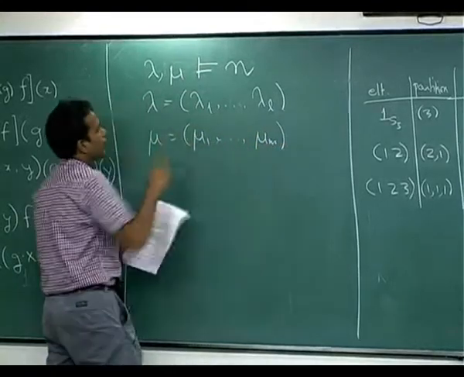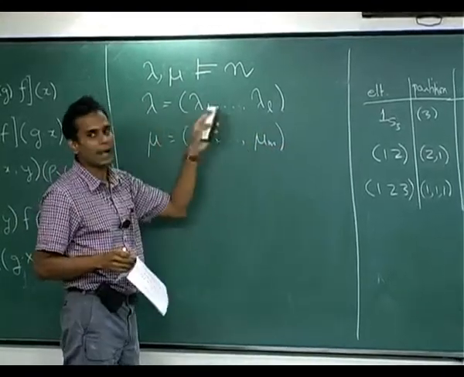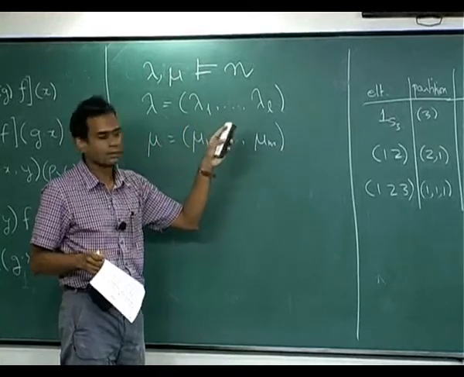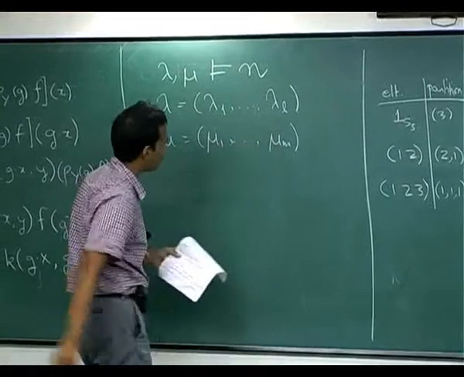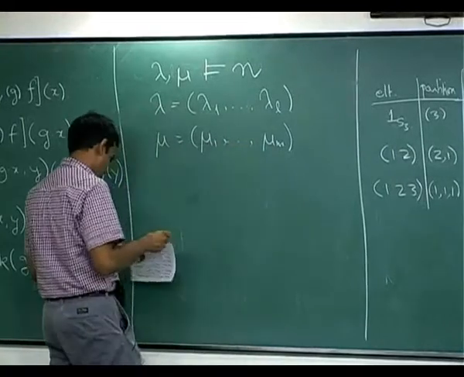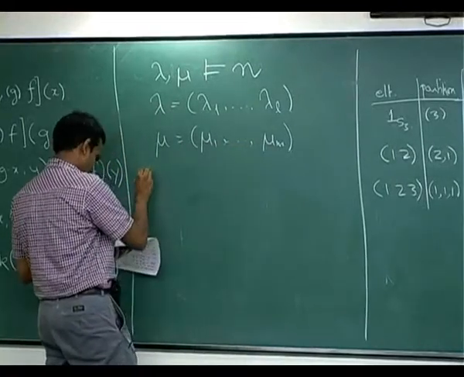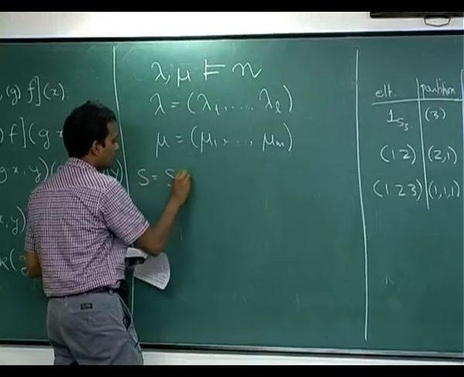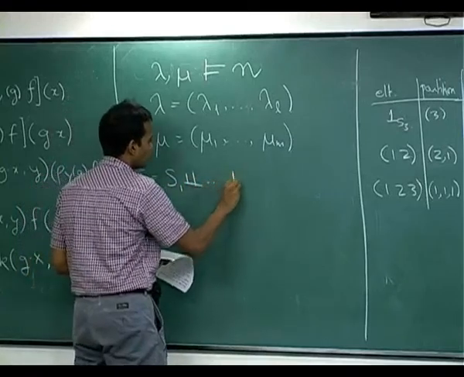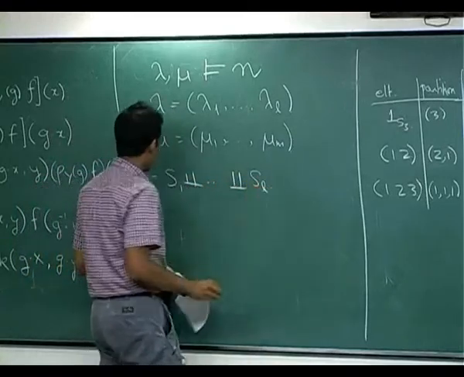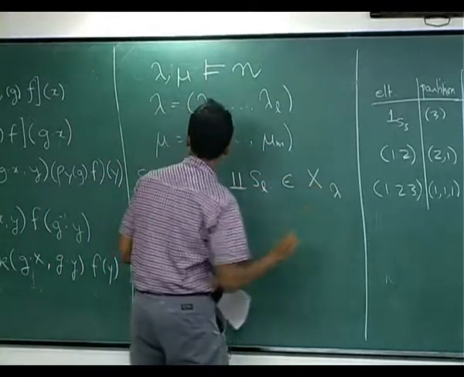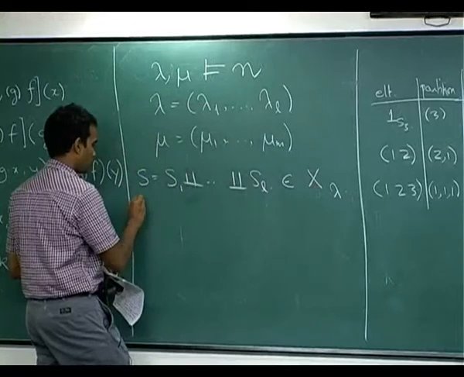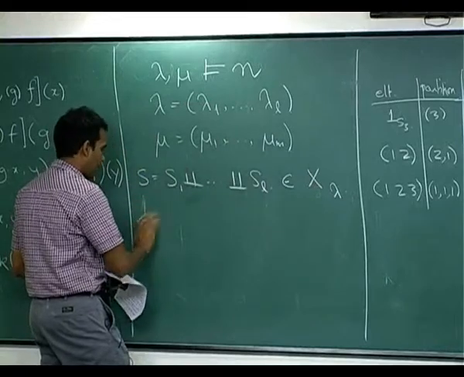And what we know is that these lambdas and these mus add up to n. So lambda 1 plus dot dot dot plus lambda L is n, mu 1 plus dot dot dot plus mu m is n. And let's take S equals S1 disjoint union ... SL, an ordered partition of shape lambda, and S prime